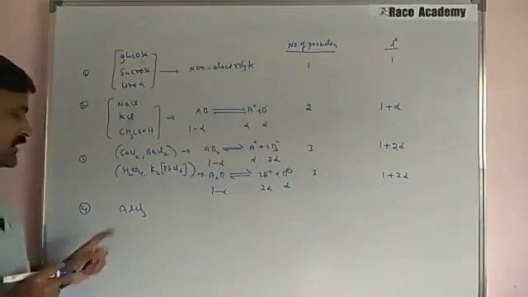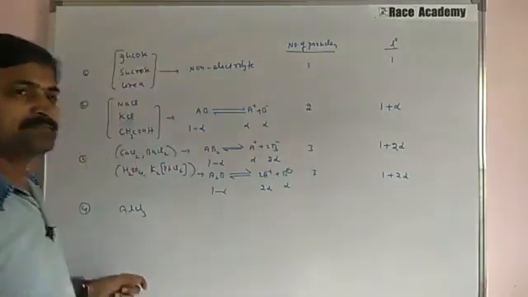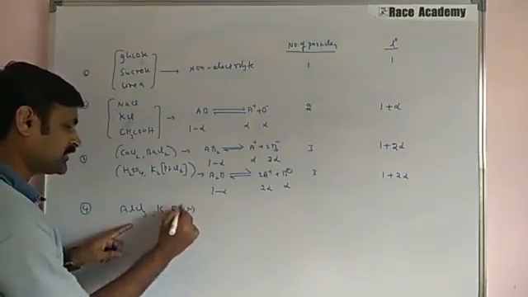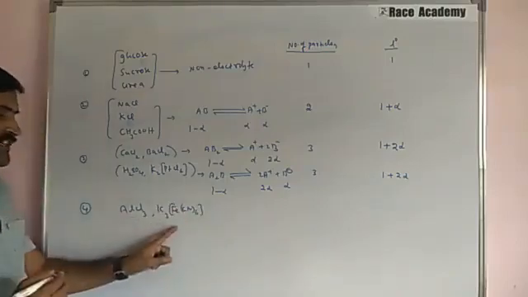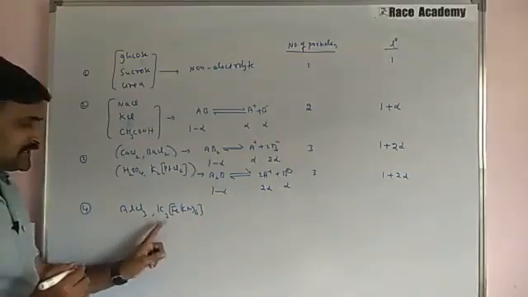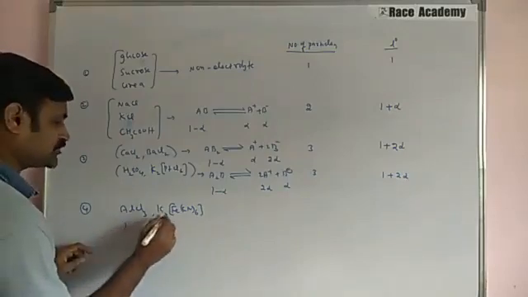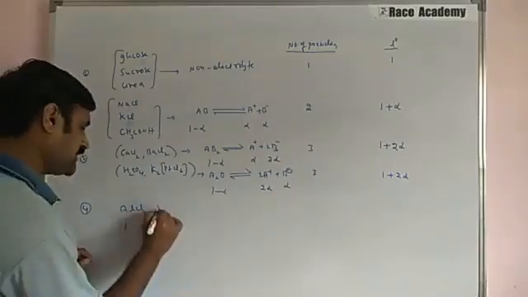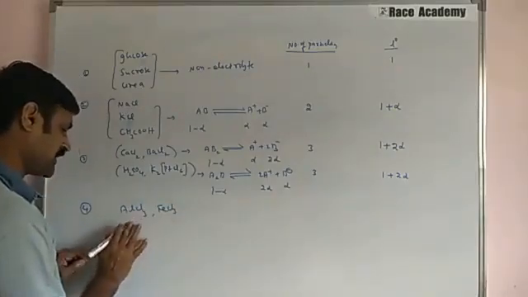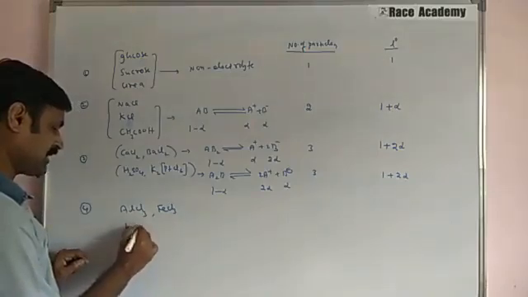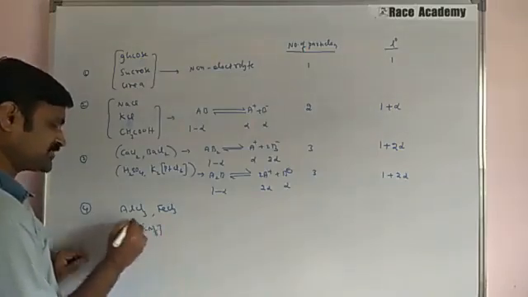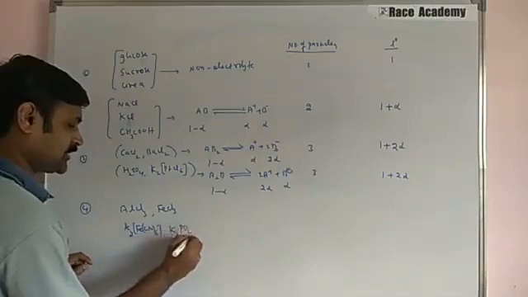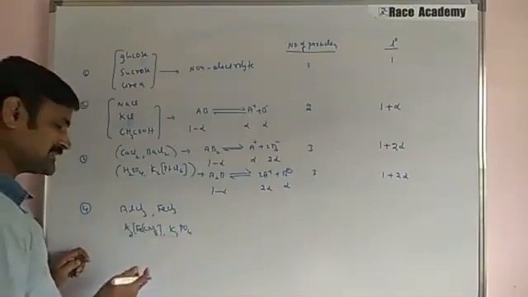Not only aluminum chloride, we can take potassium ferricyanide, that is K3Fe(CN)6. This is A3B. We have ferric chloride also. I will write ferric chloride here if you want. Both will come under AB3. And potassium ferricyanide, that is K3Fe(CN)6. After that, we have potassium phosphate, that is K3PO4, or you can take phosphoric acid.